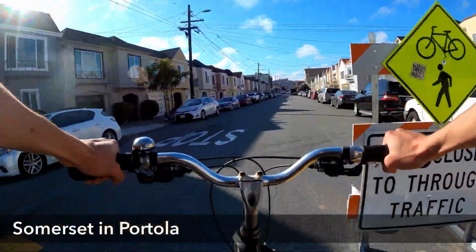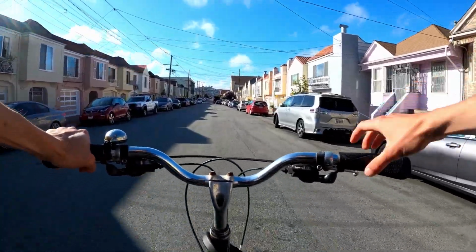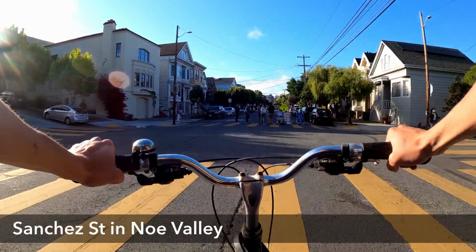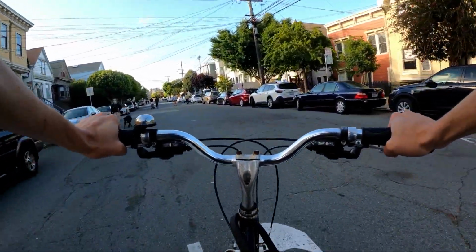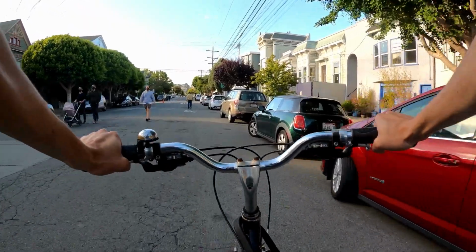street freely. I really like this concept, and I've been thinking something like this should have been implemented ages ago, where you have one street that's for pedestrians and bikes, and then you have another street that's for the faster moving cars. So now we have these streets that you can bike and walk on and feel